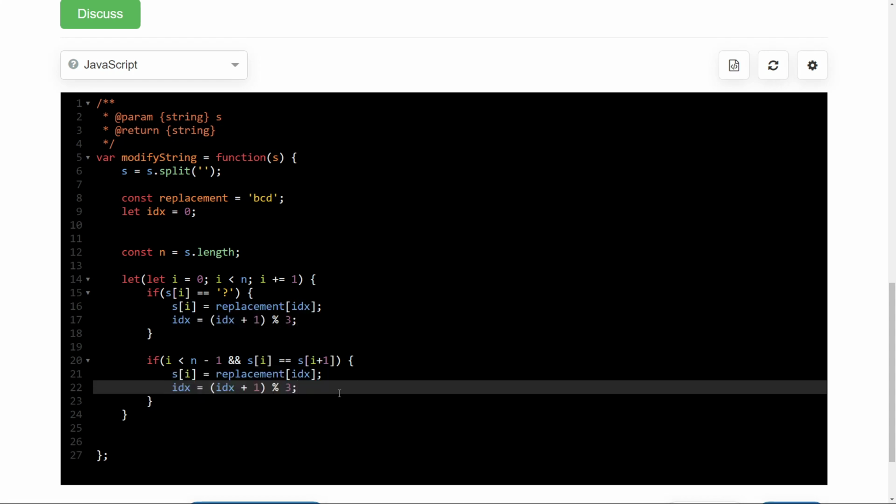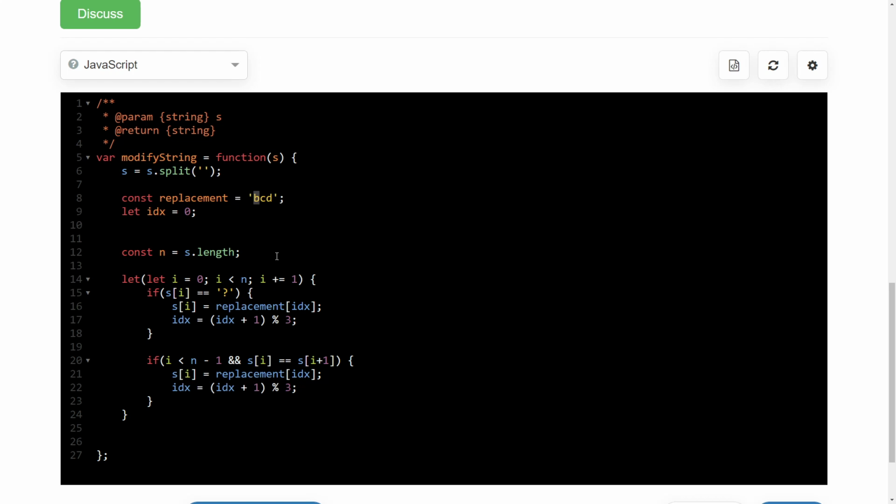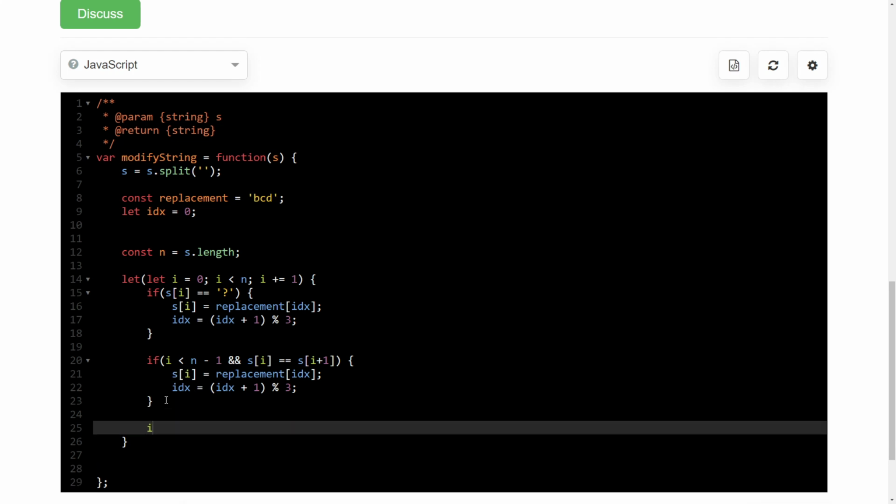So basically now I am choosing the next character, right? Suppose there was a question mark, I replaced it with, let's say, B. That is okay. But now there are two neighbors. One neighbor is on the right. Suppose that neighbor is again B. The first case is that the neighbor is anything apart from B, then we are okay, and this thing will not execute. But if that is B, I will convert this character to C. But now if I converted it to C and the previous character was C, then I'll have to convert it to D.